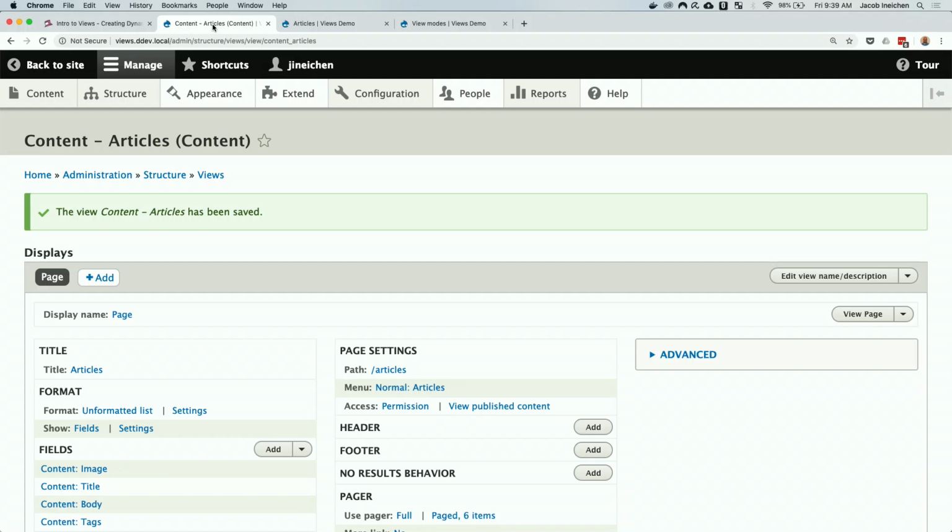Okay. So we've got that. We've exposed it. So we've created a view with an exposed filter. Now what I want to go into is adding a relationship to this view. So let's say that we wanted to add information about the author of the article to